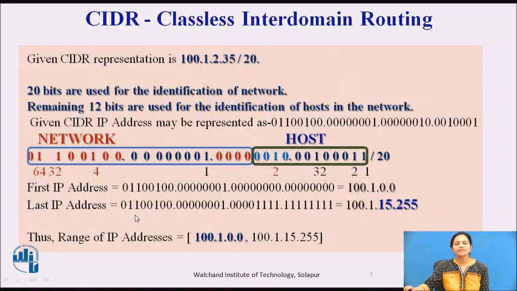So here is one example. In this given CIDR representation we can see that properly. Here we have 8 bits, and then 20. So the 20 bits we have seen are for the network. So it is divided: the first 20 bits for the network and the remaining 12 bits for the host. Here they have already given 100 as the first